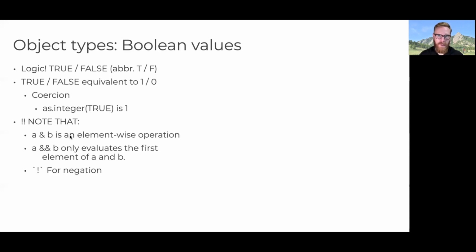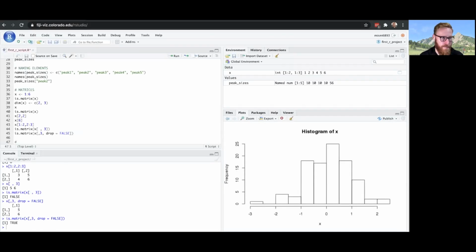A not is indicated by an exclamation point. And finally, a double equal sign will allow you to compare 2 numbers. It's worth noting, for reasons that we won't get into here, that you really should use the function all.equal for numeric values and double equals only for integers. So let's check out some